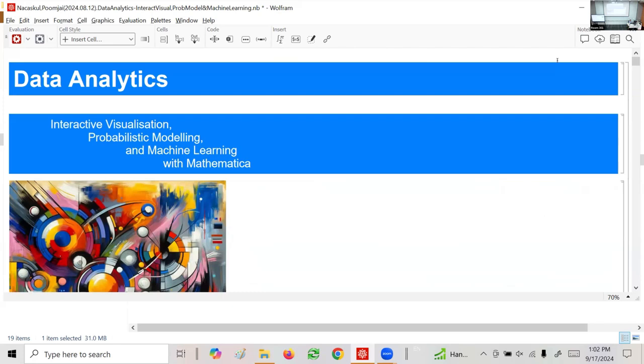So welcome to your 7th class in data analytics, where we explore interactive visualization, probabilistic modeling, and machine learning with Mathematica. As you will recall, we spent the first lecture talking about the concept of data analytics, right? And then we spent the next 2 lectures on the foundation of Wolfram Mathematica, both as a scientific computational platform, and also software ecosystem,